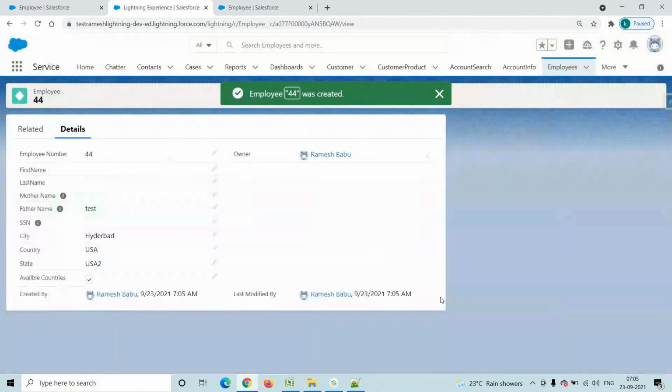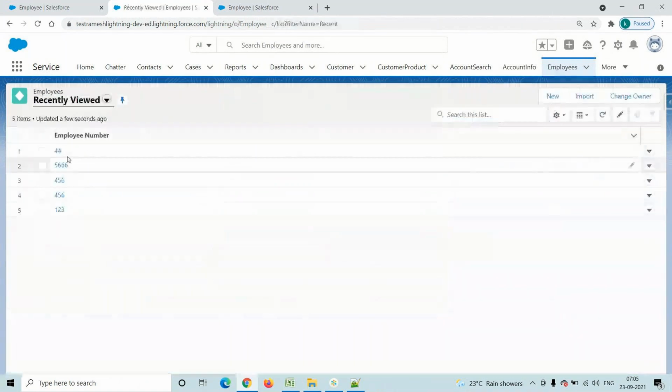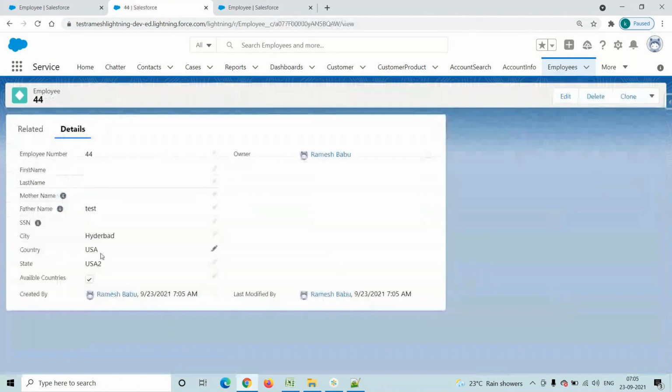Here you have to observe, in the employee object we have two records with the country as USA. Just remember this. Any number of records, it doesn't matter, but here we created only two records with the country value as USA.